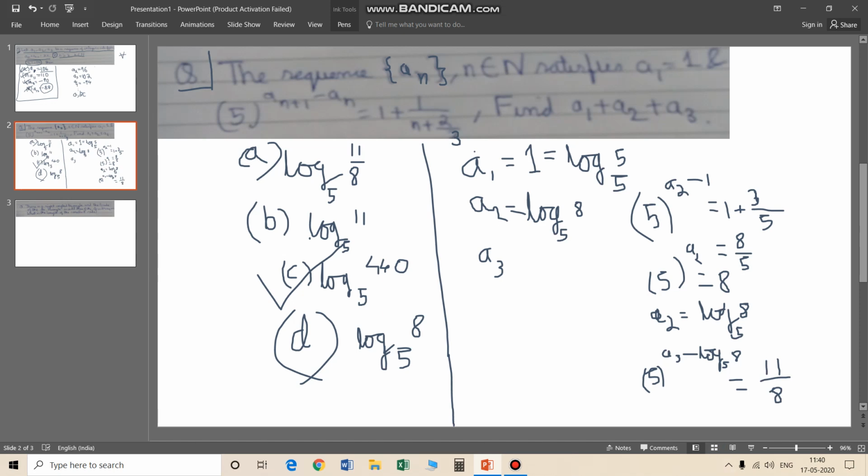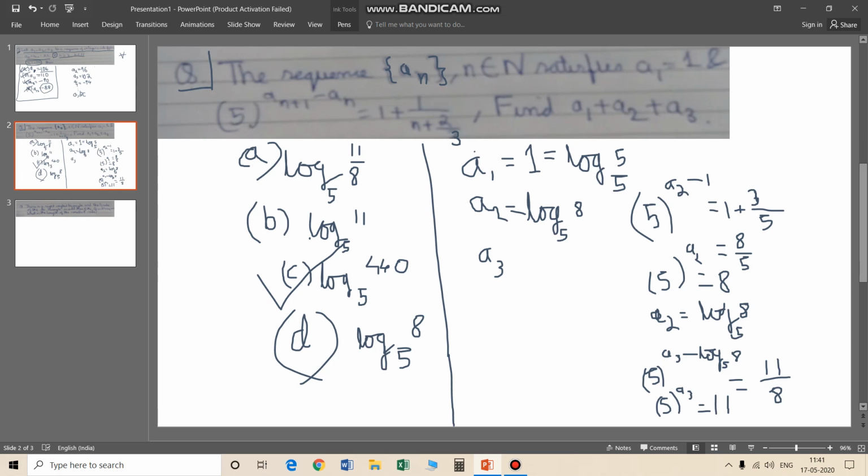Now this is the thing. I can write then 5 to the power 8 3 as C. Denominator will come as 5 to the power log 8 base 5. We know by the logarithm property it is 11. I consider you to be knowing this. If you don't know, stay tuned. I will start making